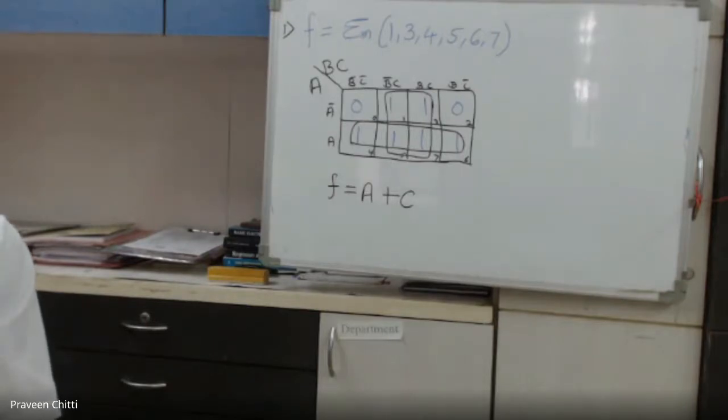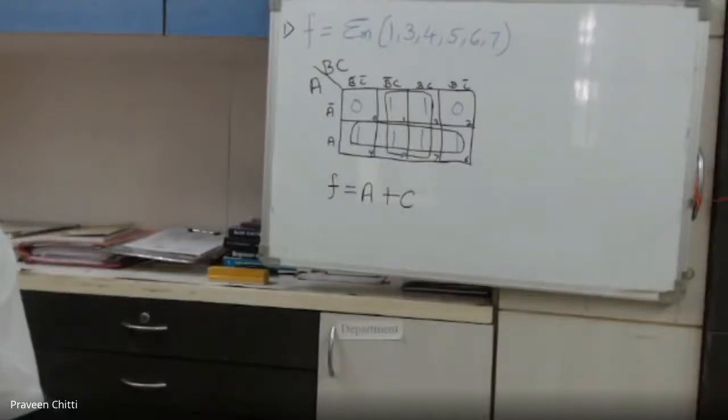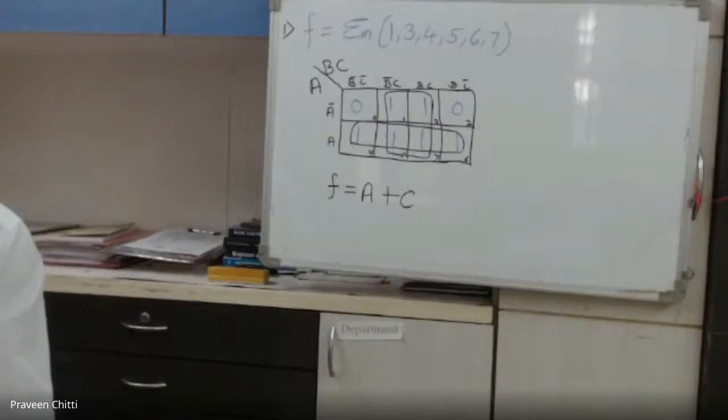Yes, sir. Daneshwari, clear? Yes, sir. Right? Is that clear? How exactly the simplification is done using K-map? Is that clear? Yes, sir. Okay. So can we go for the next example then? I want all of you to solve this next example. Is that clear? Yes, sir.